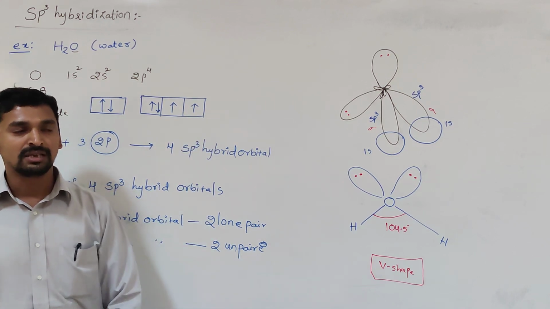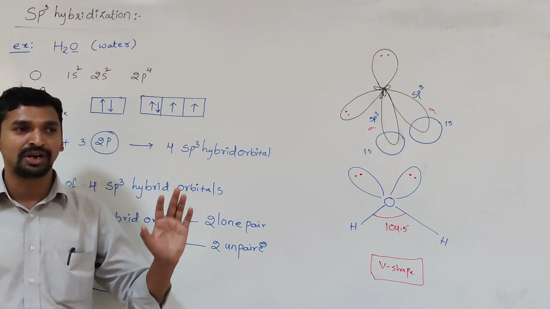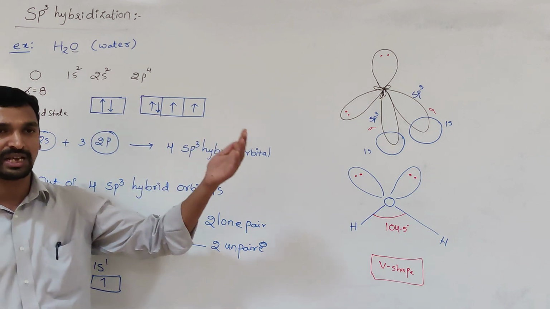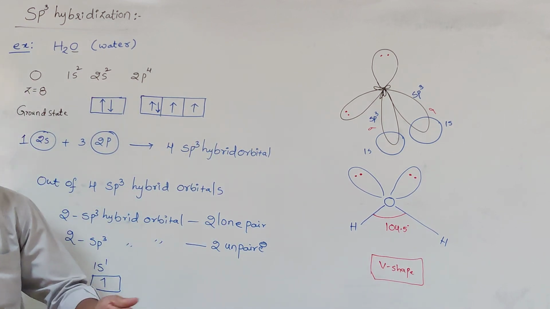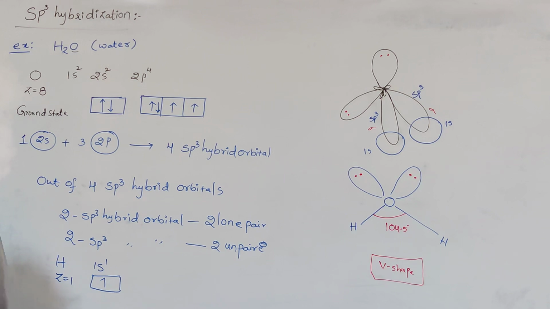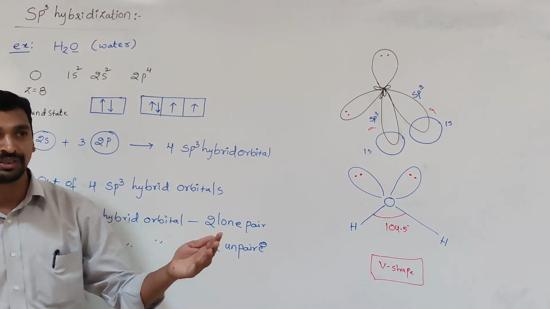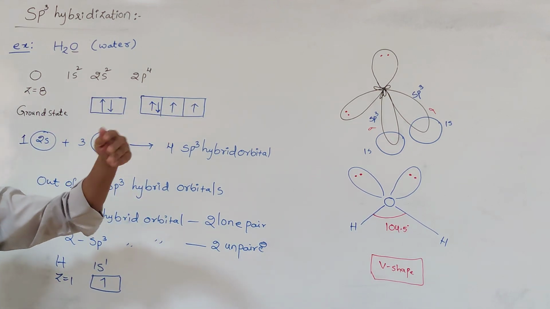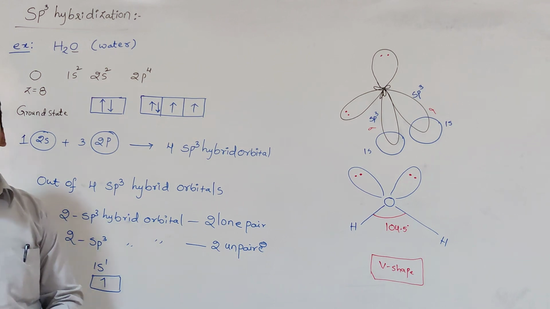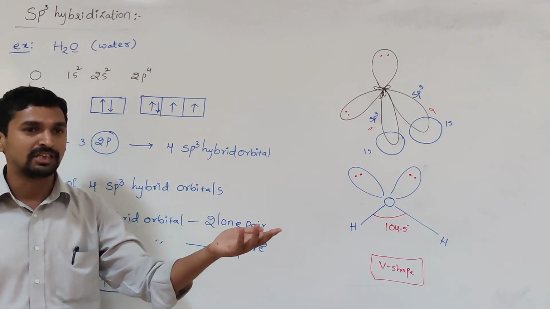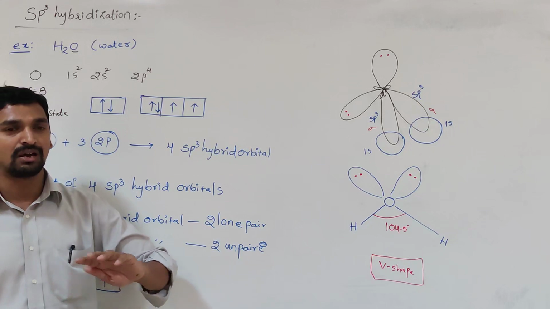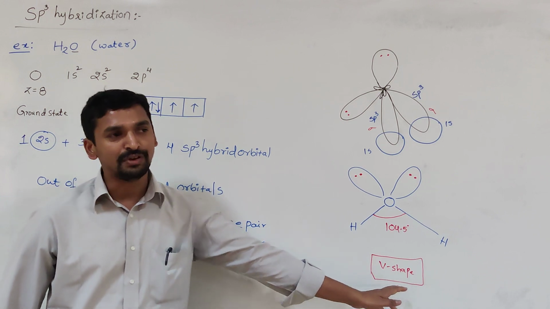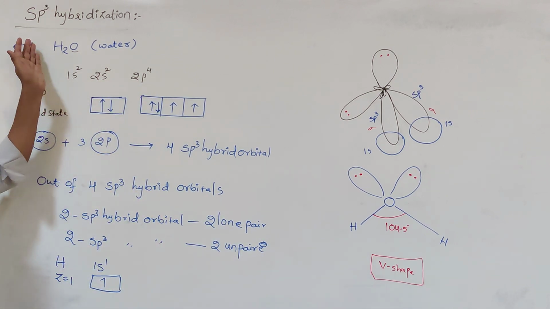In all the cases, the 4 sp3 hybrid orbitals are oriented in tetrahedral geometry, but the bond angle is not the same: in the first case 109.5, in the second case 107, in the third case 104.5. Nor do we get the same molecular geometry. In the first case the molecular geometry is tetrahedral. In the second case, due to the presence of one lone pair, the regular geometry is distorted and we get the pyramidal shape. In the third case, due to the presence of two lone pairs of electrons, the regular geometry is distorted and it has the V shape. This is about sp3 hybridization.